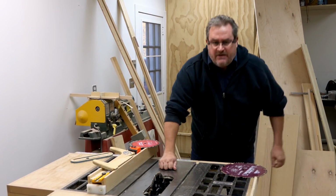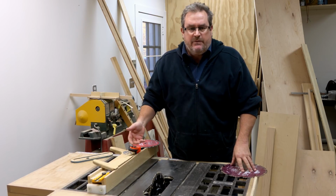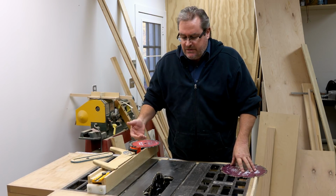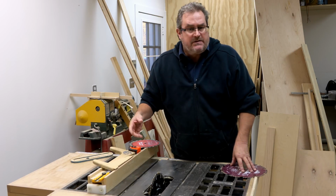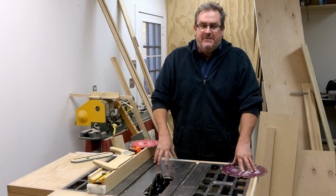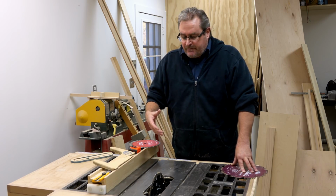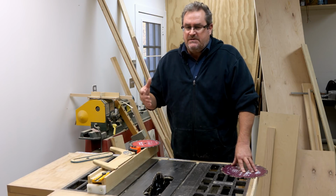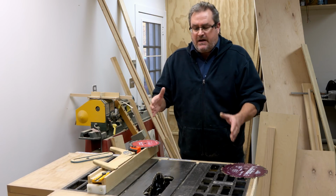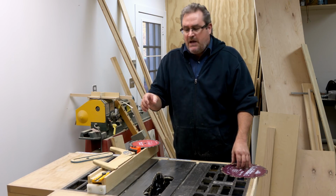I've been asked several times by various people what kind of blades I would recommend and the kind that I use for different operations. And I'll be honest with you, I don't like changing the blade on a table saw. So I tend to use one as much as possible and only take it off if I want to do something special. Like if I've got to cut a lot of strips from a wider piece, narrow strips, I'll use